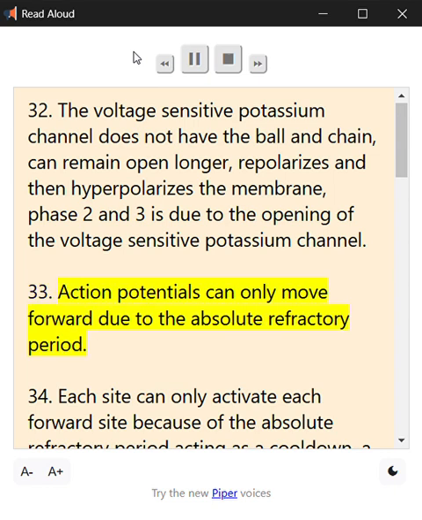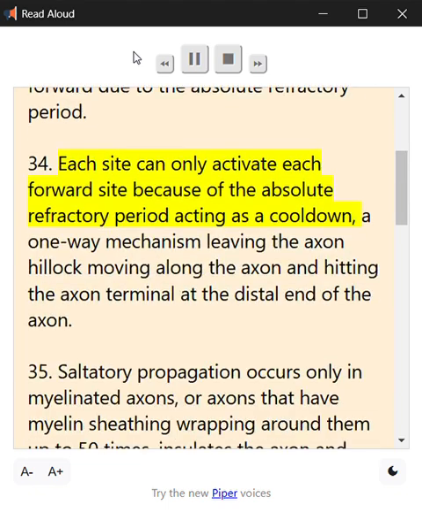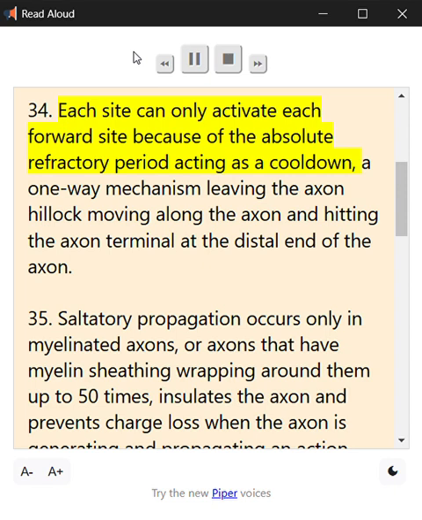33. Action potentials can only move forward due to the absolute refractory period. 34. Each site can only activate each forward site because of the absolute refractory period acting as a cooldown. A one-way mechanism leaving the axon hillock, moving along the axon and hitting the axon terminal at the distal end